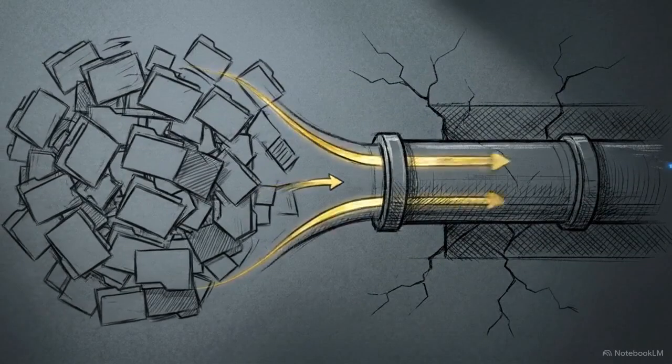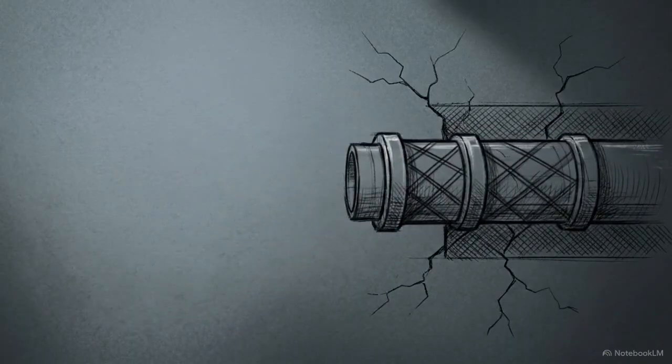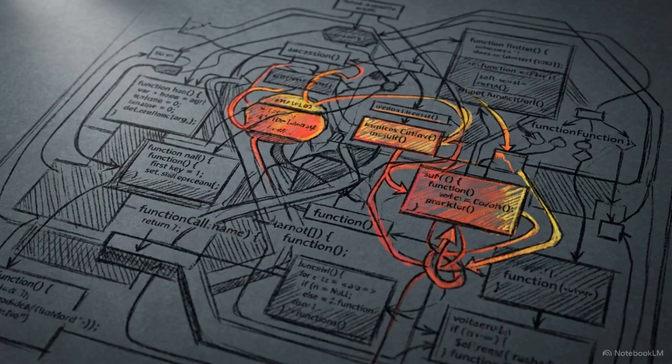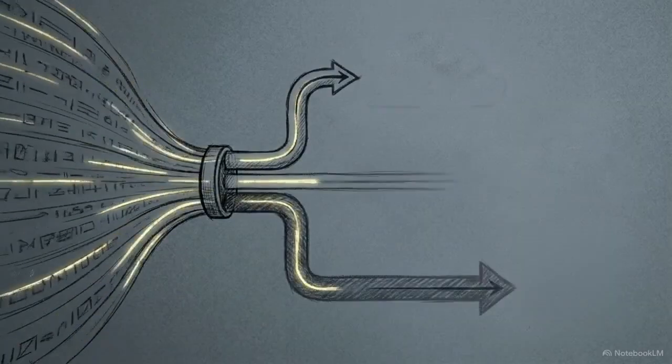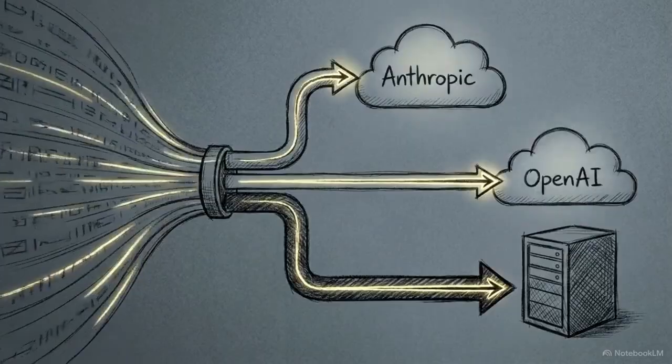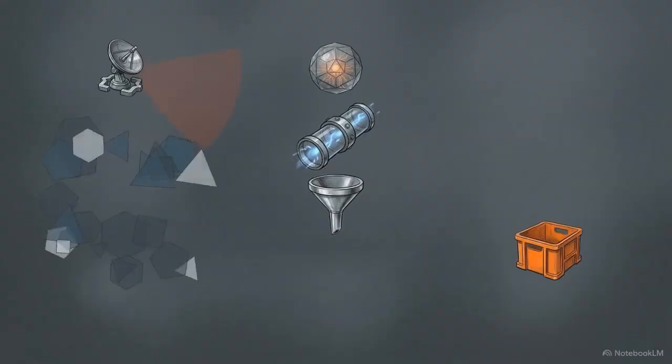By scanning the structural logic of the application, we convert what used to be a probabilistic manual guessing game into a deterministic data pipeline. However, rigid pattern matching has a limit. Legacy code bases often contain heavily customized authorization logic that evades standard structural rules. For these anomalies, Zift includes an optional deep mode flag, built specifically to run semantic analysis on complex code blocks. This mode securely hooks into large language model agents, supporting API providers like Anthropic and OpenAI, or local execution through Ollama. When the scanner hits a convoluted business rule, it passes the block to the agent.